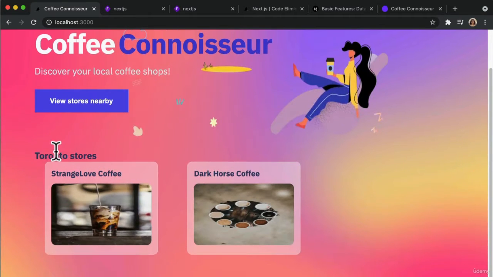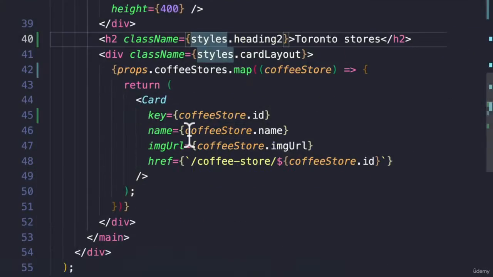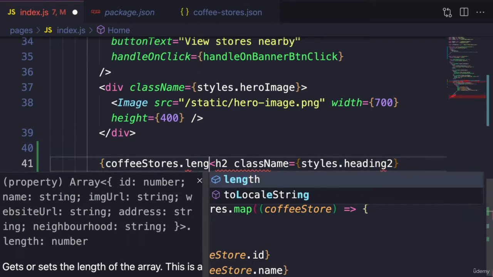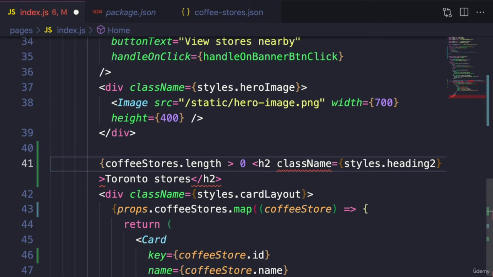Now, the second thing we want to do is, we see this Toronto stores rendered right here. Before we go ahead and add the styling for the heading, let's make sure that these stores only render when there is some data. So this title should only render when there are actually coffee stores, because if there are no Toronto coffee stores, then there is no point rendering this title. So let's go ahead and do that. We can do something like coffeeStores.length is greater than 0. In that case, basically render